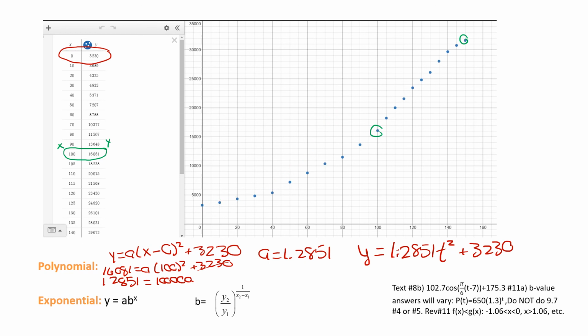Now we're going to do an exponential. So this is good review for you. Remember that when your x values aren't all increasing evenly, so these are increasing by 10s, but these are increasing by 5s, we have to use this formula for our base. What you need to do now is pick a few pairs of coordinates, at least twice, sub them in here, get a b value, do it again, take another pair, get a b value,